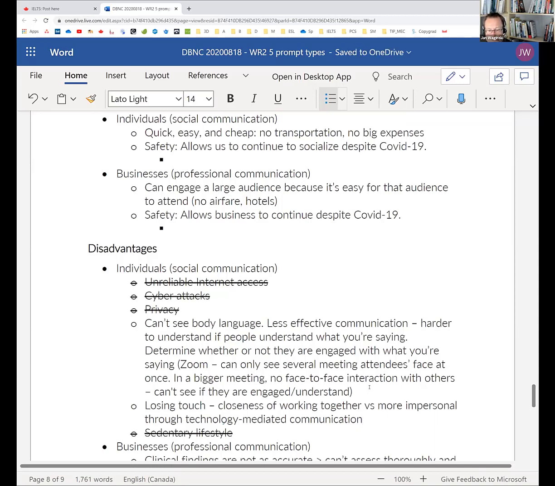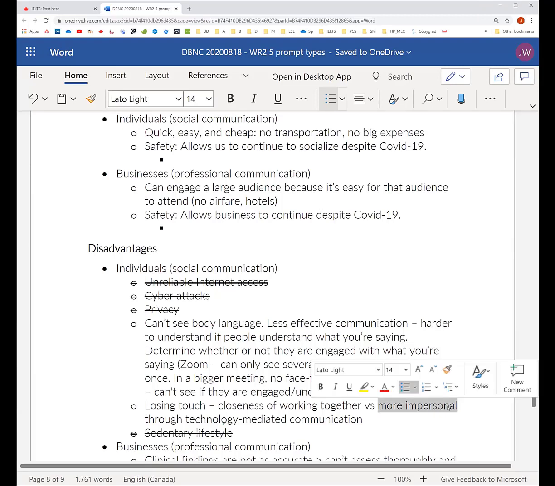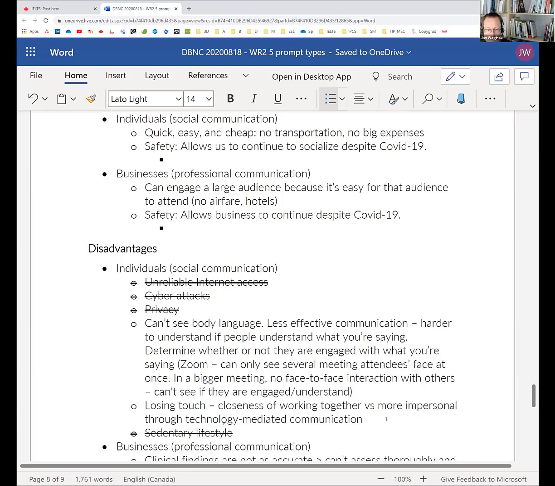Is there an example that you could give that brings this idea to life? Is there a good example that you could give, Chamri, to describe or to bring this idea to life of losing touch with people? I wrote that it's just more impersonal. But if you have got a good example, then maybe that would help.